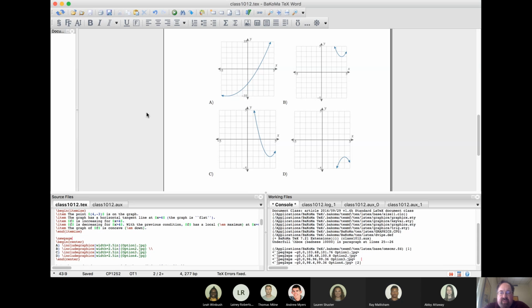D. Yes, it's D. All these other graphs, A, B, and C, all 3 of them, the function is concave up. Only this one is concave down. Now that condition alone would have been enough, but just to point out the other things,